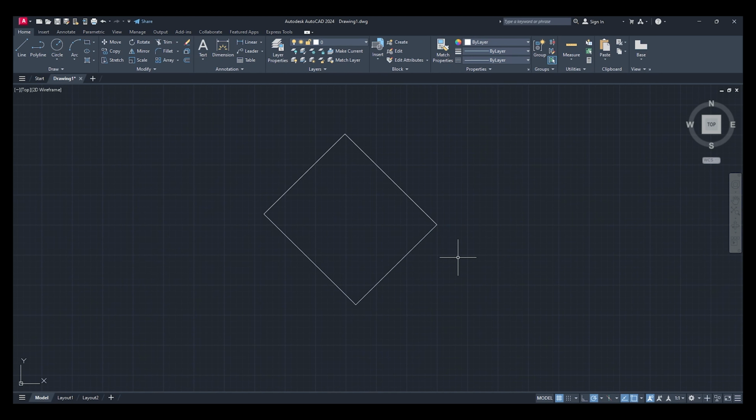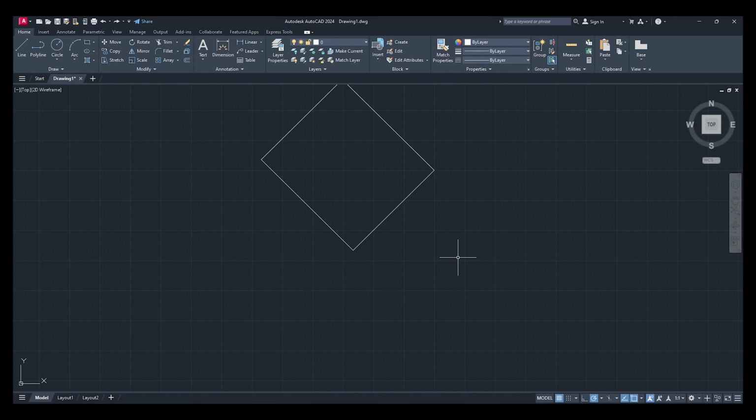So if you wanted to rotate it in an anti-clockwise direction, so we'll start back here. So we're going to type in ANGDIR, angle direction. Now it's currently set to 1, so 1 being clockwise, and 0 will be counterclockwise or anti-clockwise. So if we select 0, new value has now been